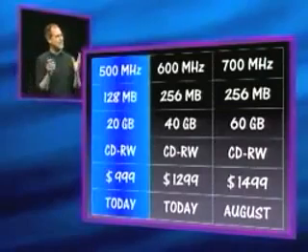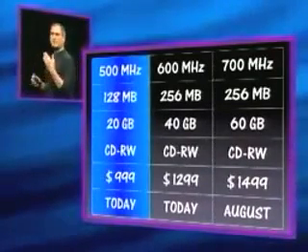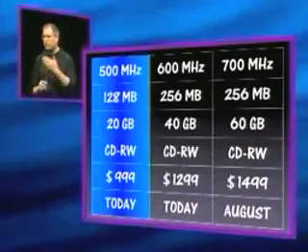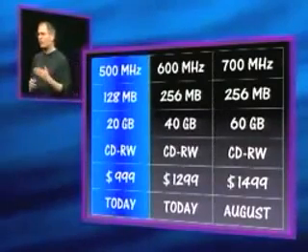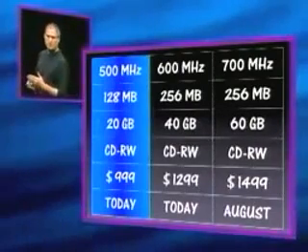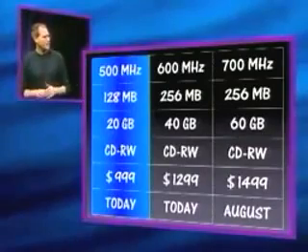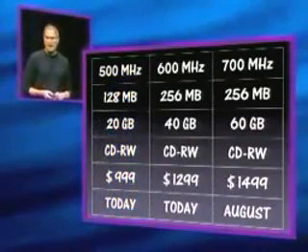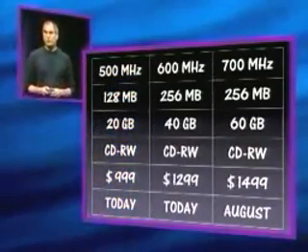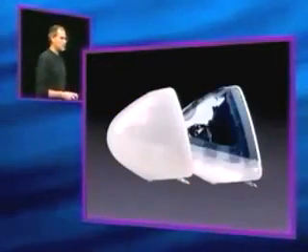So again, take a look at this entry SKU and see how far we've come from where we were even a year ago. 500 megahertz, 128 megabytes, a 20 gig hard drive, CDRW for under $1,000. It's amazing. It's the first time we've ever had a CDRW iMac under $1,000. Now, the 500 megahertz SKU is available in Indigo and Snow. The 600 and 700 megahertz are available